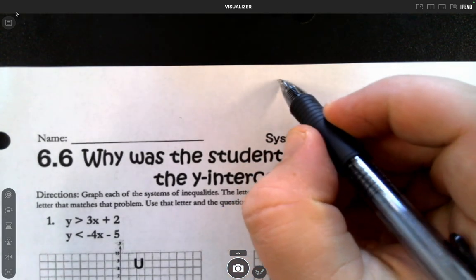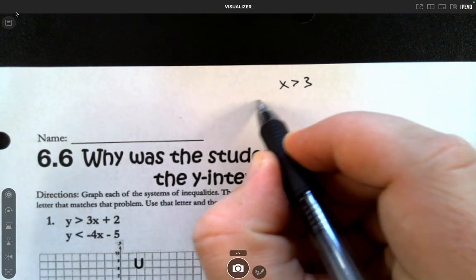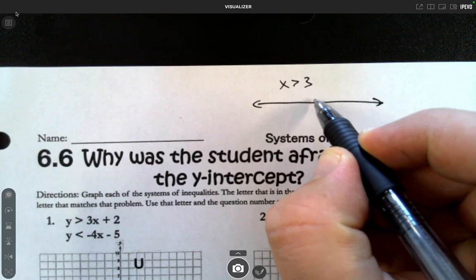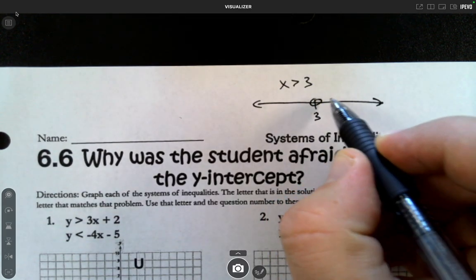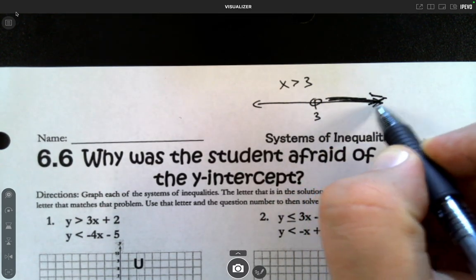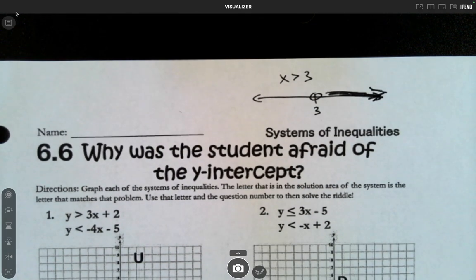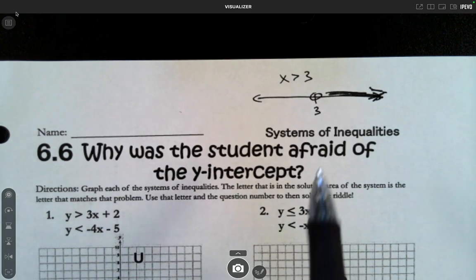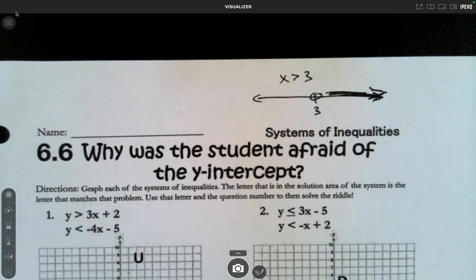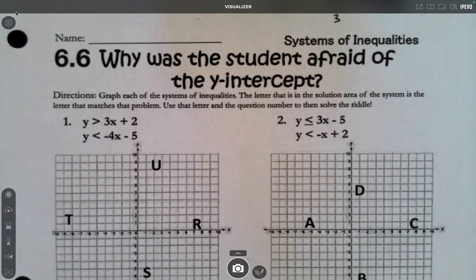If you think about when we had something like x is greater than 3, we would graph that, putting an open dot on 3, and then shading it to the right. Because there's not just one number that works. It's not x equals 3. It's x can be any number that's greater than 3. So there's a whole range of numbers. But when we have two variables like we have here, instead of just a range on a one-dimensional line, we're going to have a region on a two-dimensional